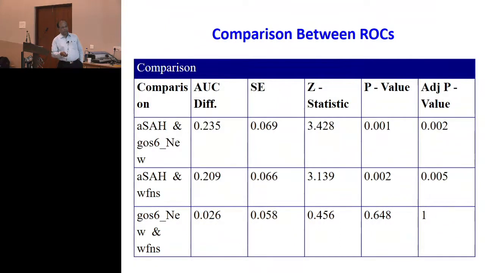So, you see the p-value is this, and there is no difference between the two curves. So the question is, would you call one as good as the other, or would you choose based on your sensitivity, specificity, and so on? Yesterday we looked at how we compare sensitivity in a